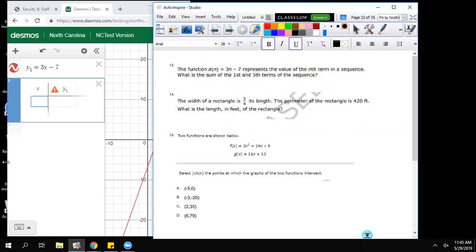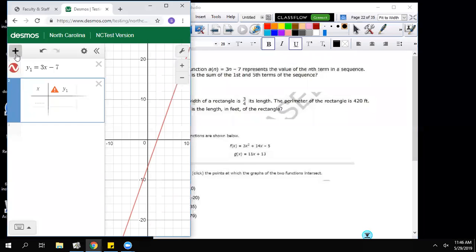So using Desmos, I'm going to type in my equation, and notice I'm putting my equation as y1 is equal to 3x minus 7. The reason being is because I would like for Desmos to calculate my values in a table for me. So I simply click plus, I do my table, and let me go ahead and do that for you guys so you can see how we have to change it. So I click table, notice it has x2 there, we're gonna just make it x,